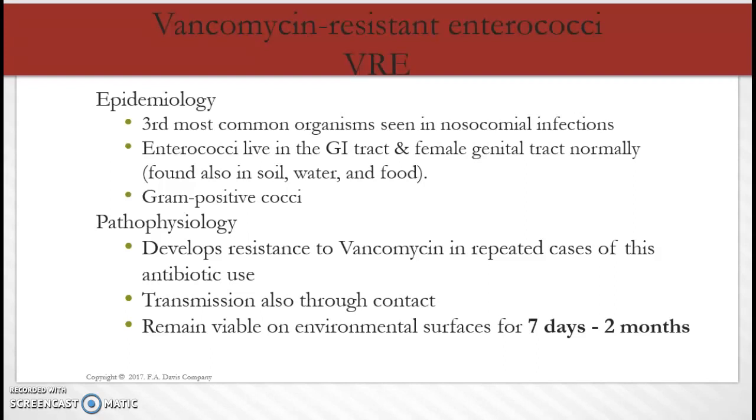Although they're not resistant, they do live there. It is a gram-positive cocci, and what happens is that enterococci that lives there normally develops resistance to vancomycin, sometimes with repeated cases of this antibiotic being used. Just like if you came in again for MRSA and recurrence of MRSA, you're getting a lot of vancomycin, so it's pretty common for those patients to then test positive for VRE,